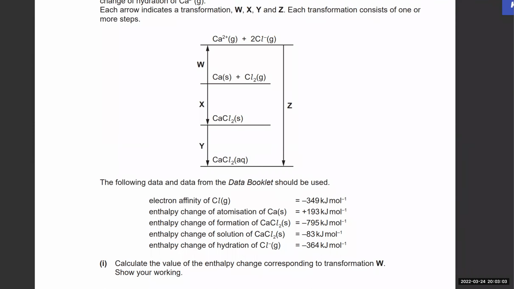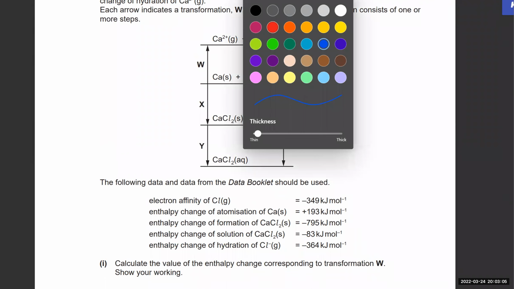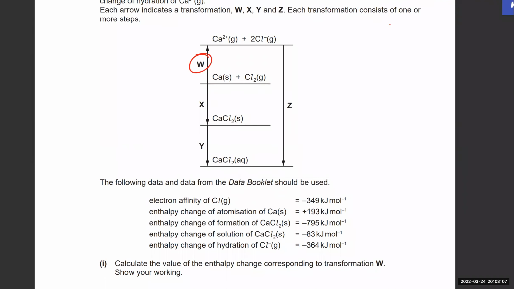Okay, in this question, we have to calculate W. So let's quickly try and do that. Remember, one path is equal to the other path. So that means if I want to calculate W, I would have to go by one path, so the other path would be going in the other direction. That would mean W is equal to